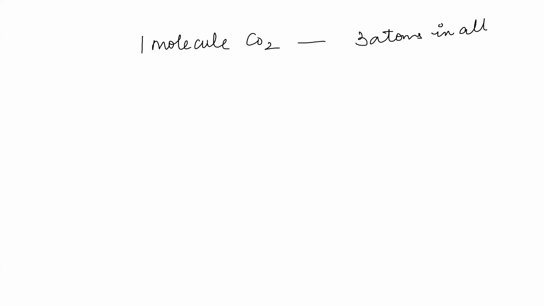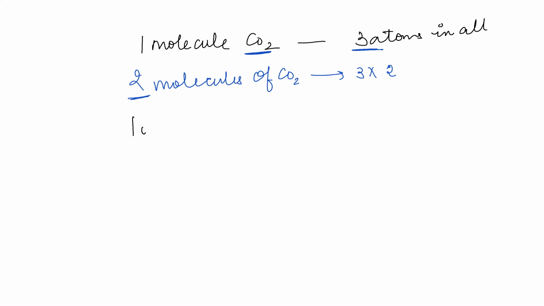So one molecule of CO2 contains what? Three atoms in all. Now tell me, two molecules of CO2 will thereby have how many atoms? Three into two, because if one molecule has three atoms, two molecules will have six atoms. Can you tell me 10 such molecules of CO2